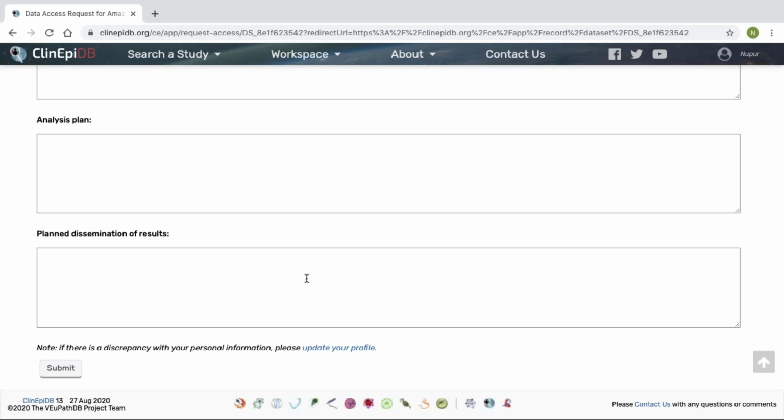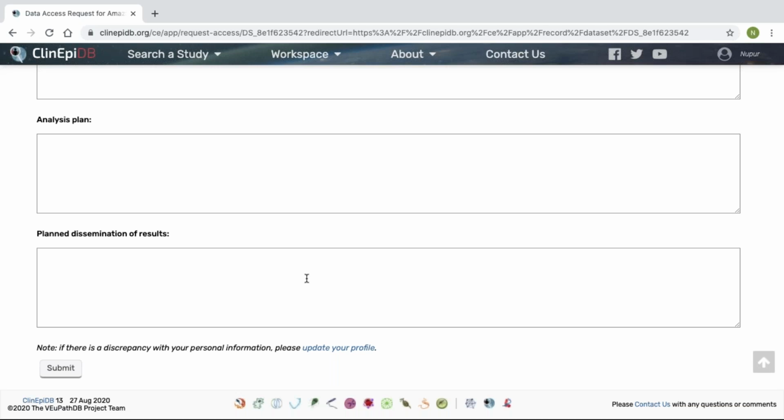And there are two different types of access. So all of the SCORE data has a passive approval process, which means that the SCORE study providers have decided to make this data public. They want you to fill this form only so that they can have a record of who has downloaded the data and what they want to do with it. So the minute you submit this request, you will get access to the data. You will get an email back saying you have access to the data and you will be free to download the data. They just want to know who you are and what you plan to do with the data